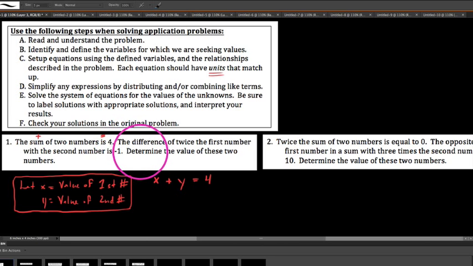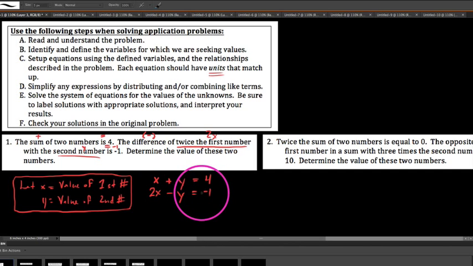So as we read through the second part here, we say the difference. Now, difference, opposite of a sum, a difference is subtraction. So we have the difference of twice the first number. We're using x for our first number here, so that would be 2x. And with the second number, our second number here is y, and this equals -1. And so what we get here is this: twice our first number and a difference with the second number comes